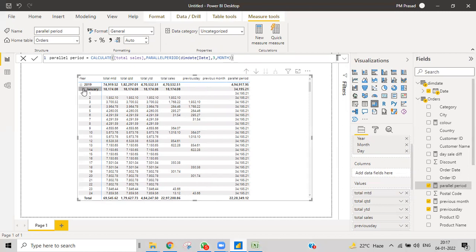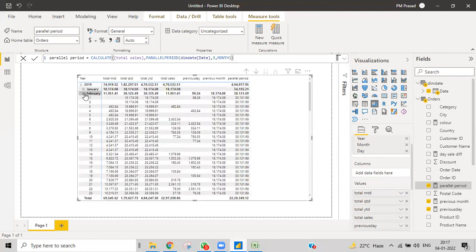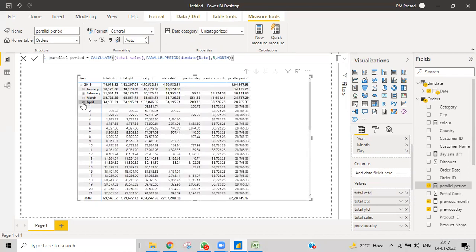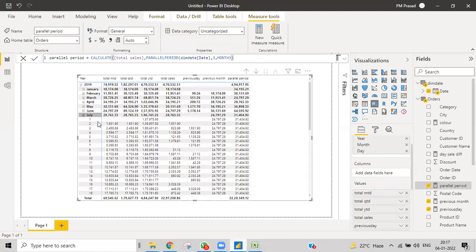Again, I just need to check what things we can meet. March, April, May. Let's see until this. Okay, you can see what it is doing. For the month of January, it is showing April's.